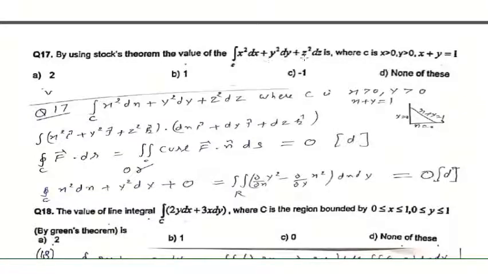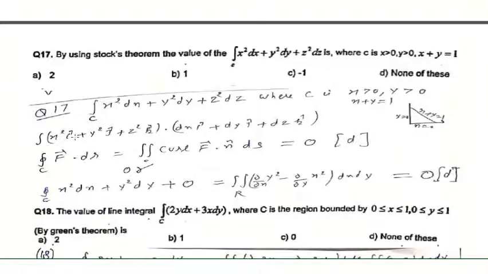First of all, we have to write it in the proper form. For using Stokes theorem, the boundary curve is given to us. So here we have to take z as 0, and x plus y plus z is 1. You can write x square i plus y square j plus z square k dotted with the vector dx, dy, dz, that is x square into dx, y square into dy, z square into dz.